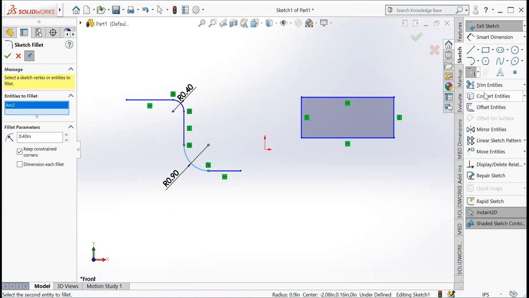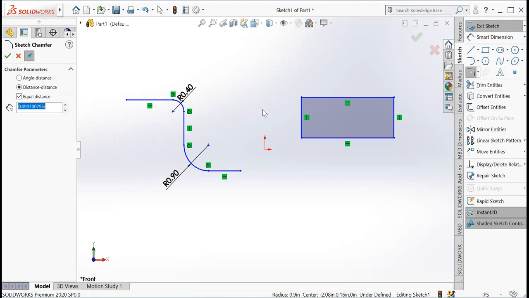Now the next important part is the chamfer. I am going to make a chamfer on this rectangle. Here I get two options, angle distance, distance, and equal distance. So I will select this angle. Then I can change a distance. So I select these two edges.